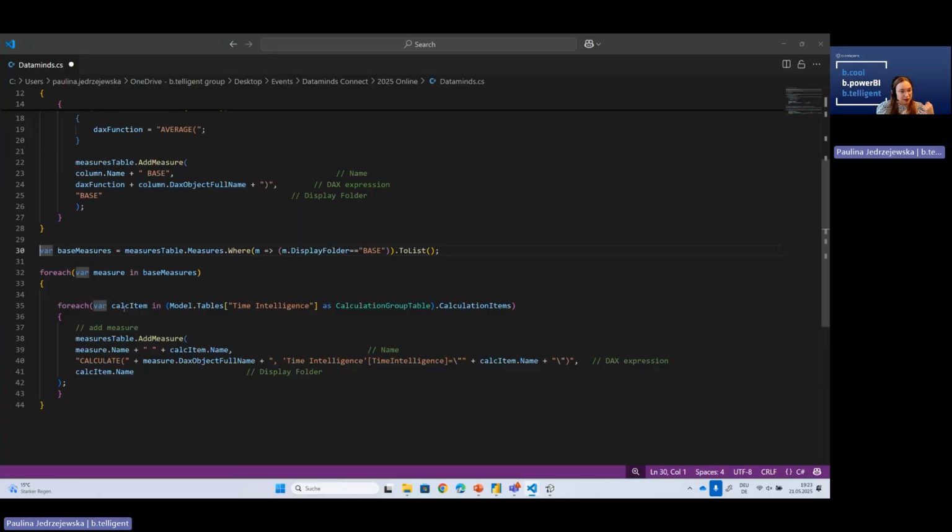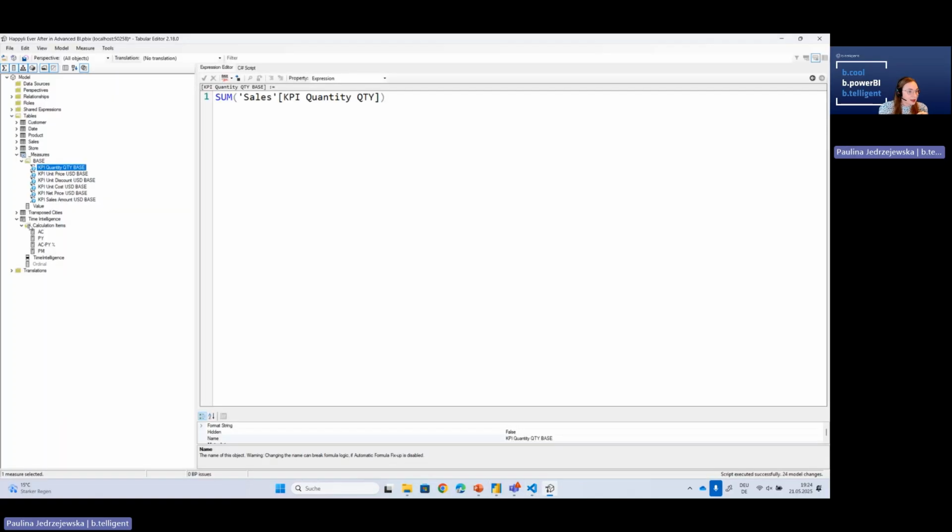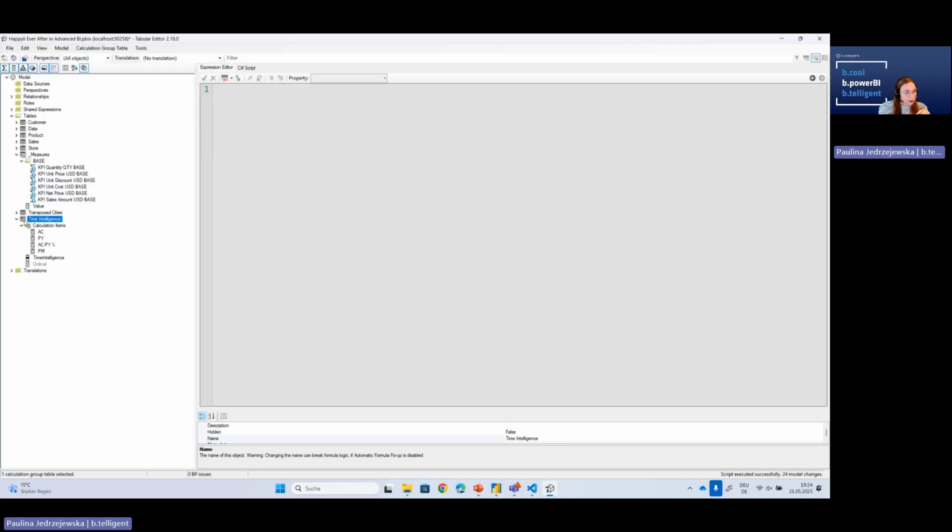After that, I go with a foreach function through all the base measures. And for every base measure, so every measure in the display folder base, I will be going through the calculation items. So for every calculation item, from the model tables time intelligence, and here I left the definition from Tabular Editor because some things weren't working. So I just left it there. And then, so this is the time intelligence table. And then we have to access the calculation items. So I will show you this in Tabular Editor. So this is the table. So this was the first part. And then after the point comes the